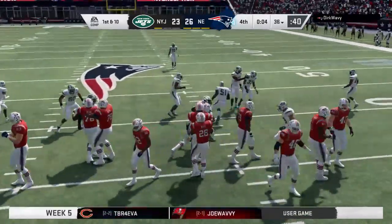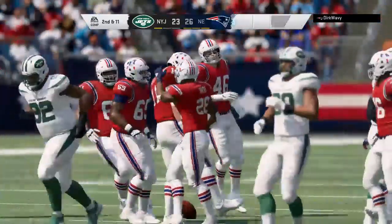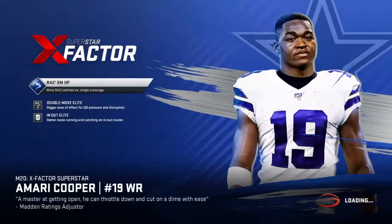The Patriots in the victory formation as they'll take the knee. So this will wind up a victory for the New England Patriots. And it wasn't really always pretty. They had the